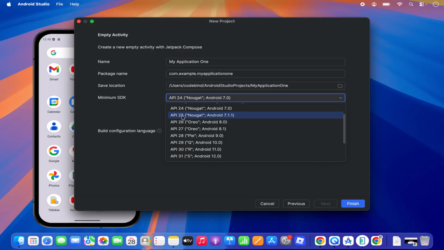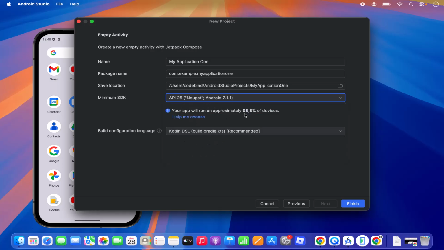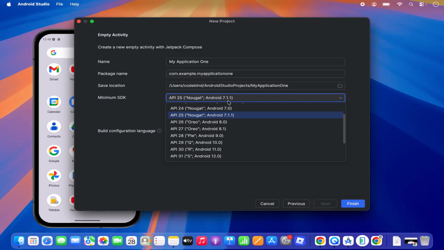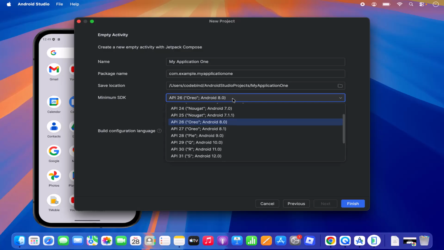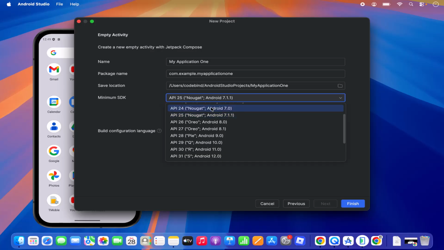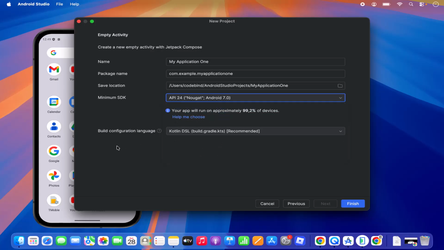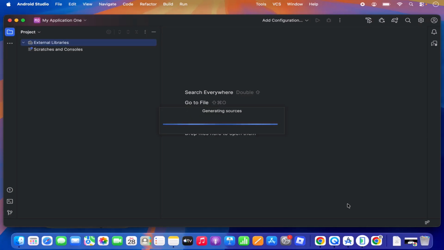So for example, if I choose API 25, it's going to cover 98% of devices. If I choose API 26, it's going to cover 98% of devices, right? So it's going to show you what percentage of devices it's going to support, right? So I'm going to leave it as default on API 24 for now. This is just a demo. And then the build configuration language by default on Android Studio is Kotlin DSL. So I'm going to leave it as default also, and then click on finish,